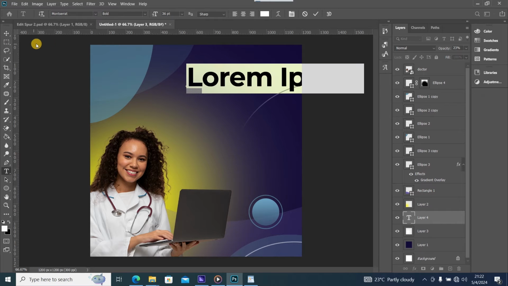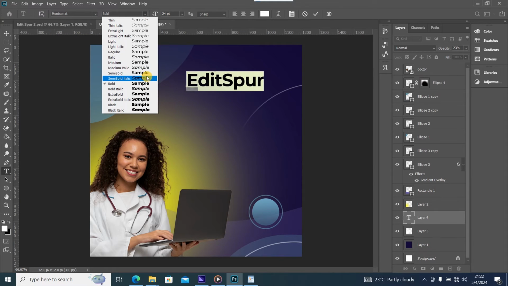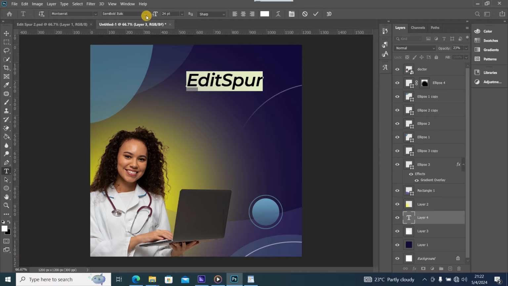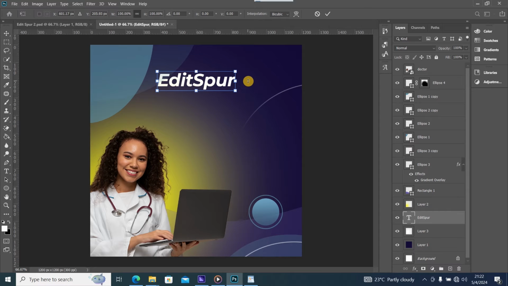So I'll just type here, maybe I reduce my font size to that. Now type Edit Spur, select everything and choose bold and italic. Yep. Control T, rotate like that, reduce the size,